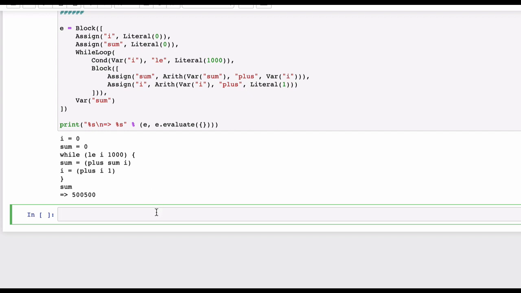So what we're going to do is tackle the very last two missing pieces, which are function declaration and function invocation. And we're going to demonstrate how they could be used with some examples involving recursion. Okay, so let's start with